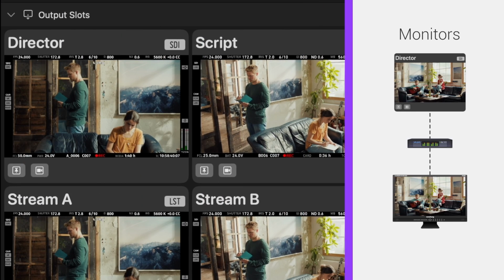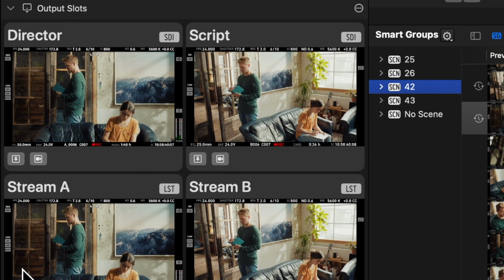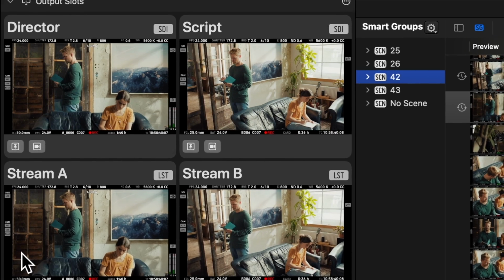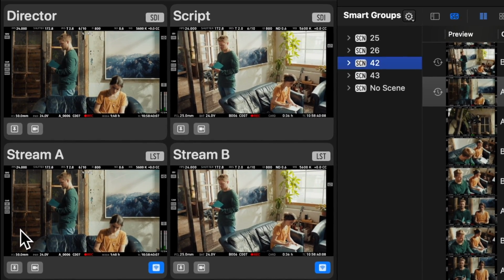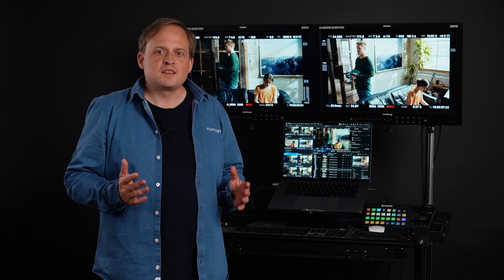In our demo here, we have a Director's SDI monitor and a Script SDI monitor, and 2 local streams for camera A and B. As you can see, the slot system allows a very flexible routing of your incoming and outgoing signals. You can even choose on which monitoring device your viewers can receive the view you created for them. But wouldn't it be nice to also decide how the signal appears? Good news! Realtime Pro has another tool that allows you to do that: the filters.